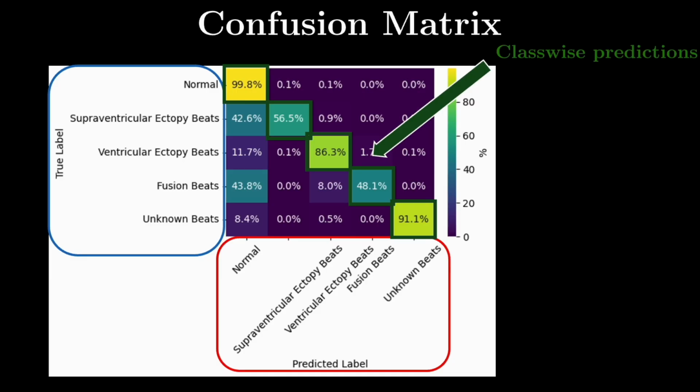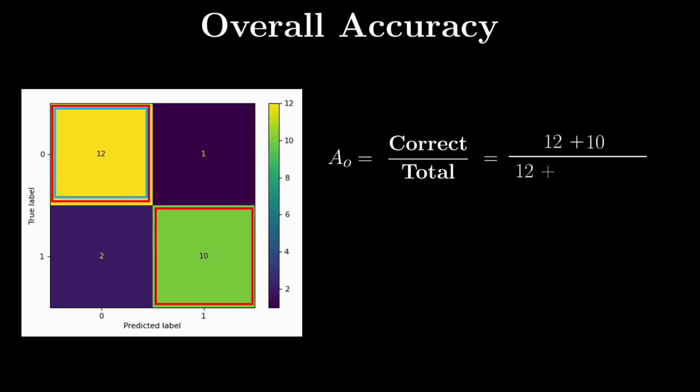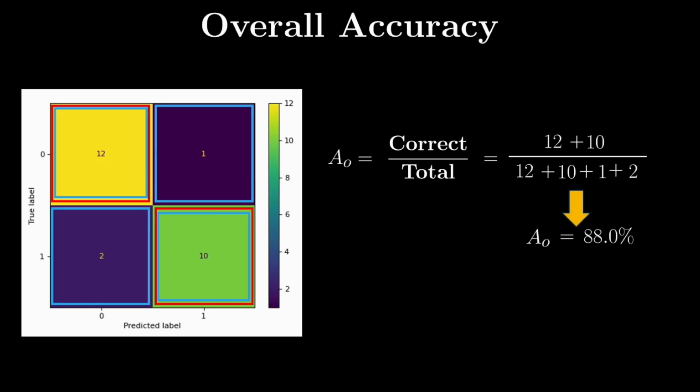The simplest metric is overall accuracy. It measures the total number of correct predictions divided by the total number of samples. In this confusion matrix, overall accuracy would be (12 + 10) divided by (12 + 10 + 1 + 2), or 88.0%. While useful, this metric can be misleading if the dataset is